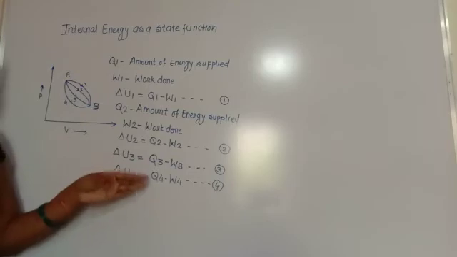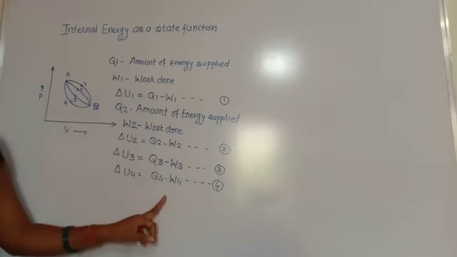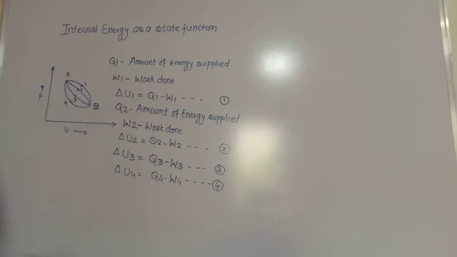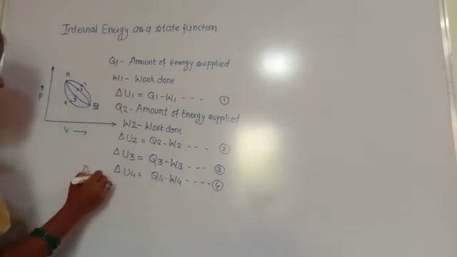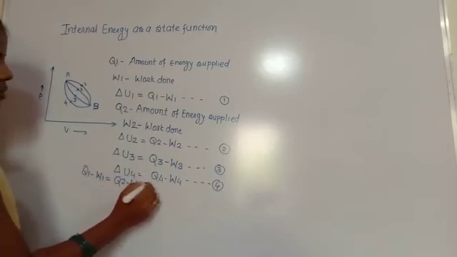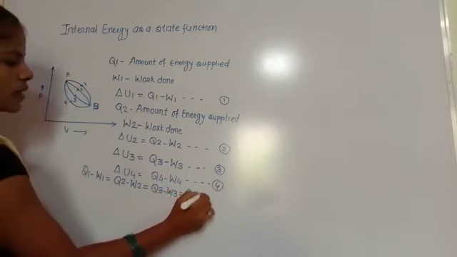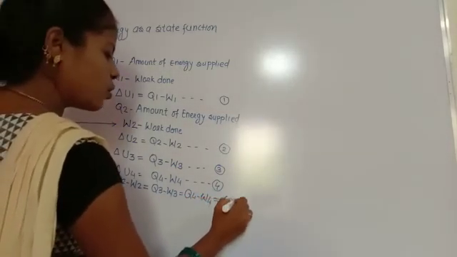So for that, different amounts of work are done by the system, that is W1, W2, W3 and W4. So different amounts of work are done in passing from initial state A to the final state B. But the difference of heat absorbed and the work done by the system is the same for each path. That is, Q1 minus W1 equals Q2 minus W2 equals Q3 minus W3 equals Q4 minus W4, and this is found to be the same, meaning this value is a constant.